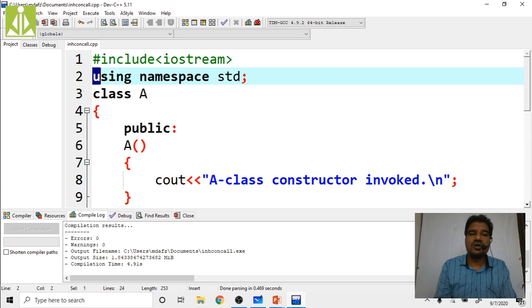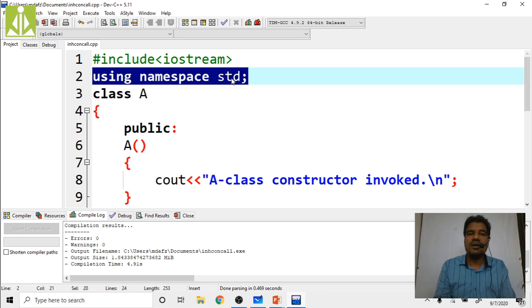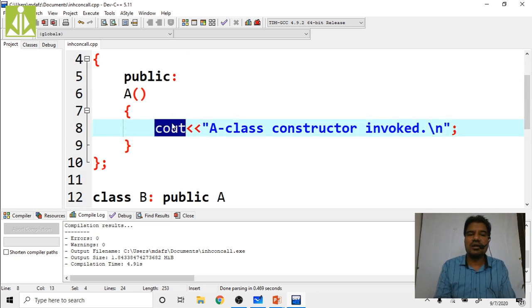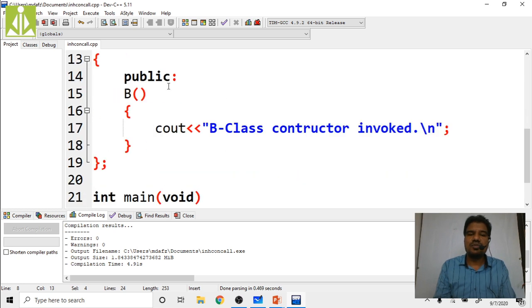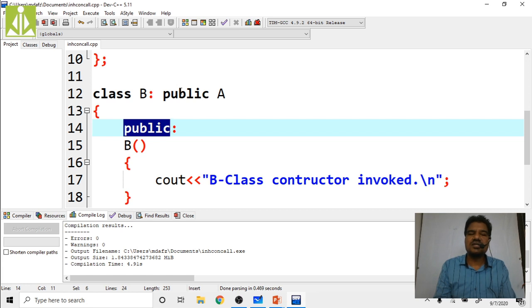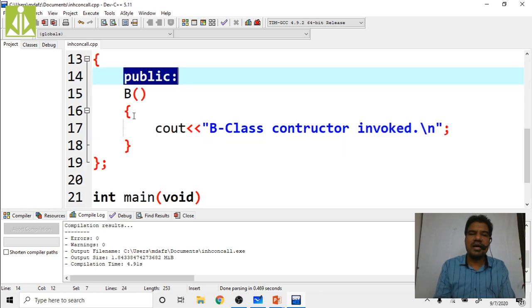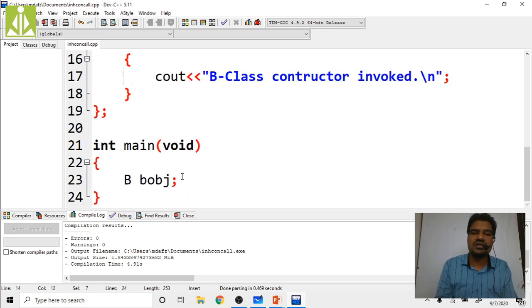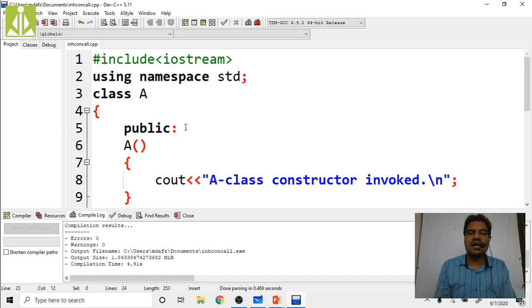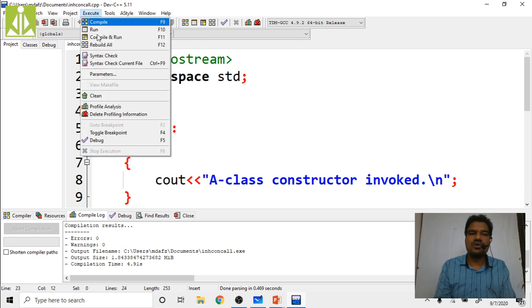So I made just two errors. The first thing, I forgot to put this namespace into my program, because of which I got the cout error. Then I forgot to put all my constructors in the public area. I told you constructors must go under the public area. If you don't put the public access specifier, by default the access specifier is private. So my constructor will become private, and I cannot access those constructors outside of my class. That is the reason I got the second error. So now I have overcome those two errors, and I am entering the execution mode to see the output.